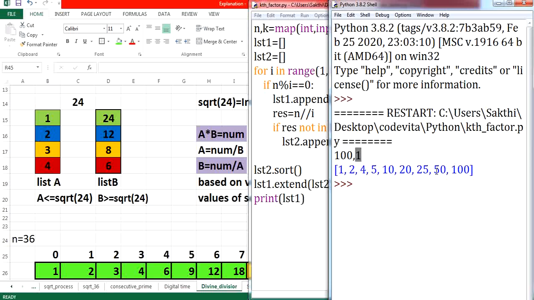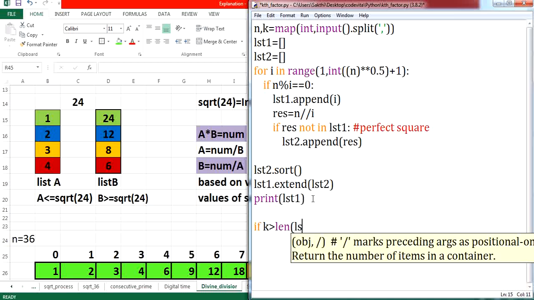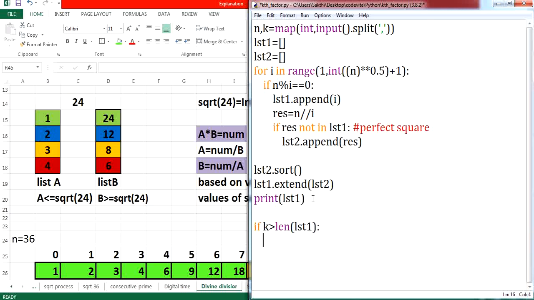Second largest factor could be 50. We know that this is a list of values. If you want to access the last element, it can be done either by using positive indexing or by using negative indexing. Here, I am going to make use of negative indexing to display the kth largest value. We will see to it. Here, let it be. For your clarification, if you don't want it, we can comment it out later. Now, let me apply my condition. If my k value is greater than the length of my list, there is one more condition given: if your k value is beyond your number of factors, I am supposed to print 1 as your output, right? So, let me print 1.